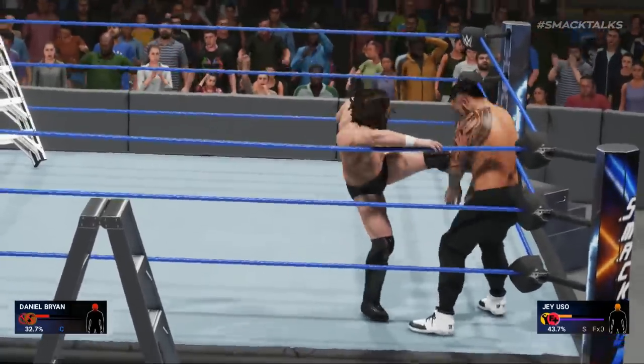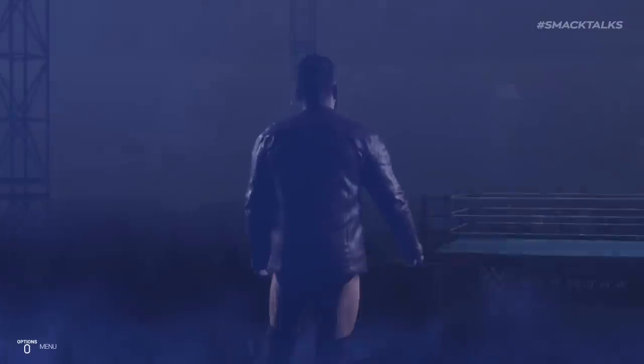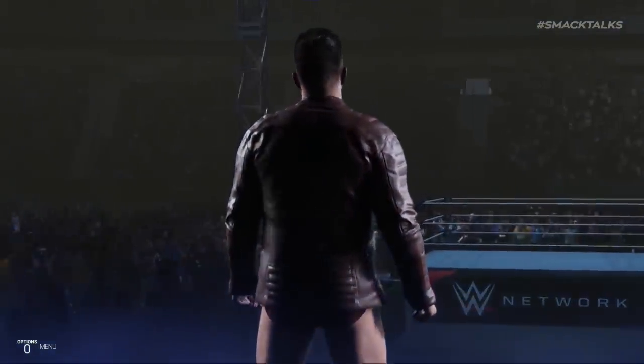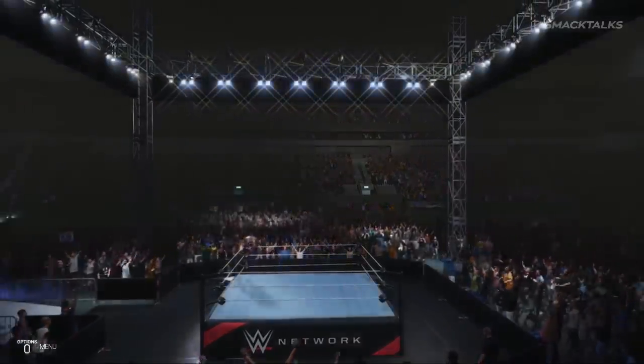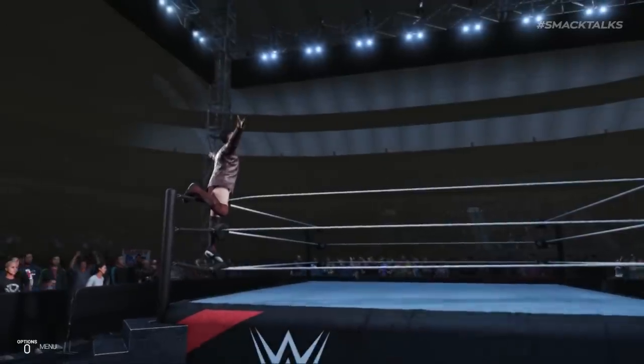Boom, what impact! Did you know that there is unique audio when playing matches in the Japan Dome? When it comes to Western wrestling audiences and Japanese audiences, there tends to be quite the difference in the way they react, as Western audiences tend to be very loud as they chant and cheer during matches, whereas over in Japan, crowds are a lot more respectful of the sport and tend to clap and applaud during matches,